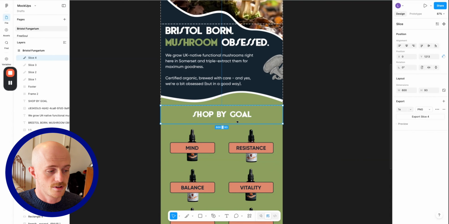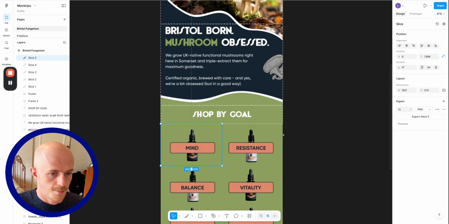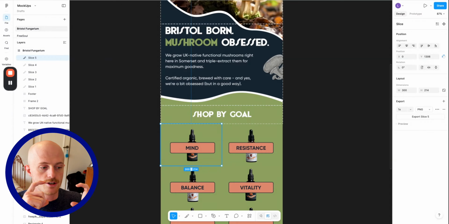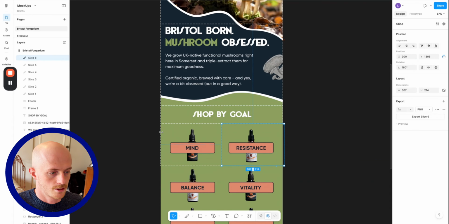And then for the table section, we need to obviously slice each of these individually. So we'll do the same, Control C, Control V, then we'll drag this across, and we need to make sure the width on the side there is 300, because in a table, you need each adjacent slice or adjacent image, as it will be in Klaviyo, to be the same width, which will therefore give it the same height, because Klaviyo can mess around with the scale of things sometimes. Control C, Control V, drag that to the side, and then we'll do the same down here,